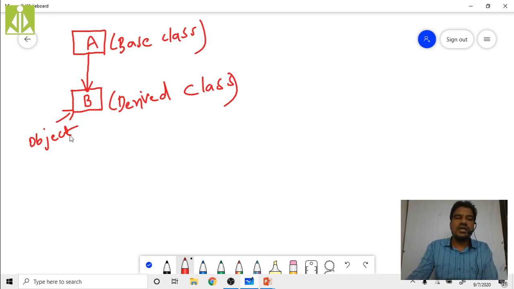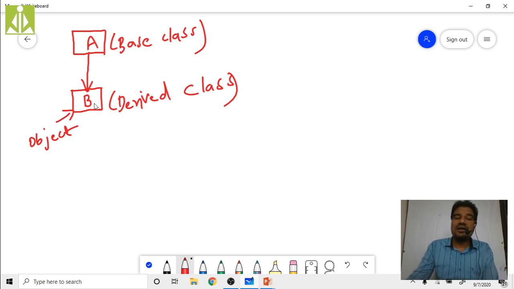So in order to initialize this object, the B class constructor will be invoked. Any one constructor, whether it is parameterized or default, according to your specification will be invoked and initialize this object. Clear?